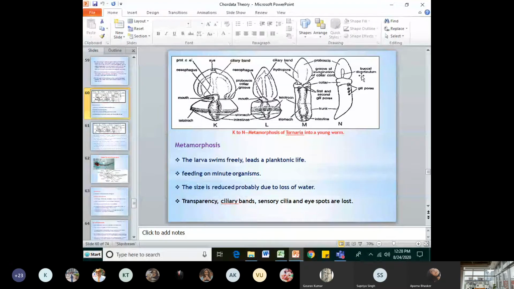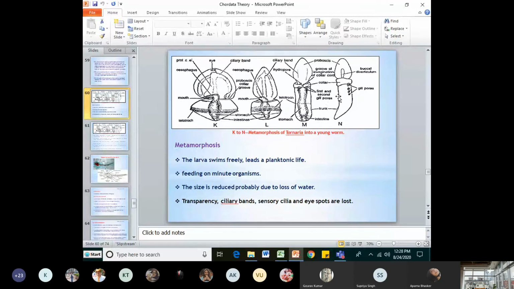It provides firmness to the coelom for digging purpose, and earlier this was misunderstood as notochord, so this has also developed in the proboscis. And as you know, a diverticulum is like an extension of the body wall. So this is the extension of the coelomic wall, and it appears in the adult worm where it is absent in the larva. So these are some changes taking place in the metamorphosis, and gradually the Tornaria larva is taking the shape of the mature worm.